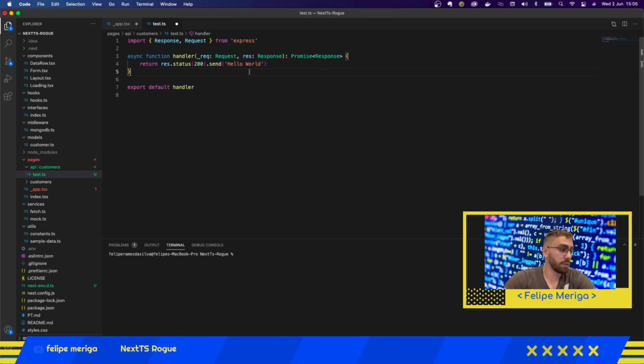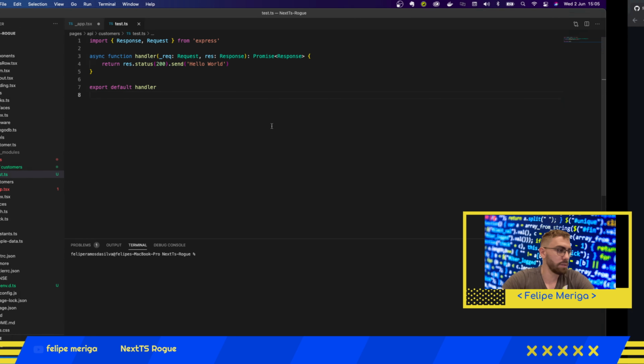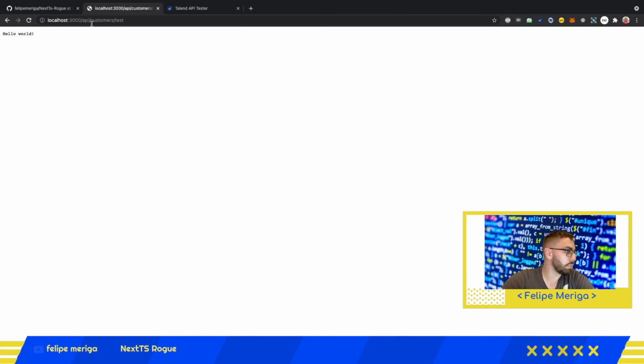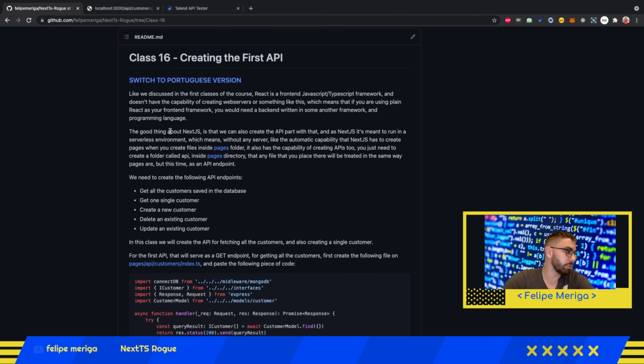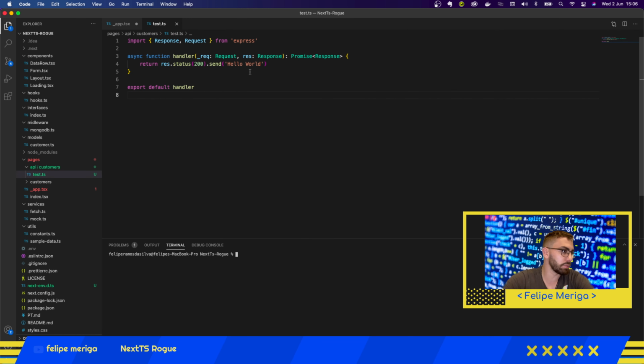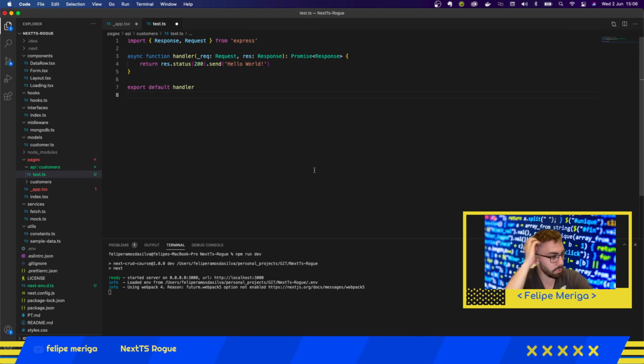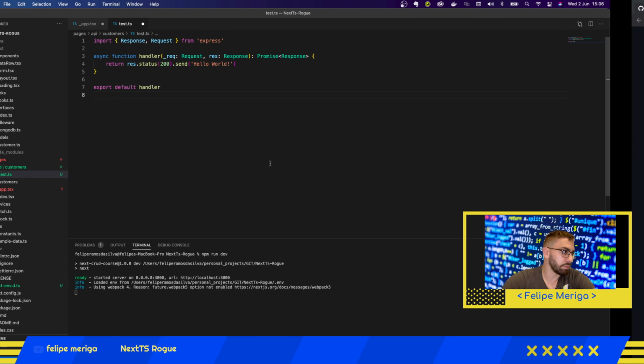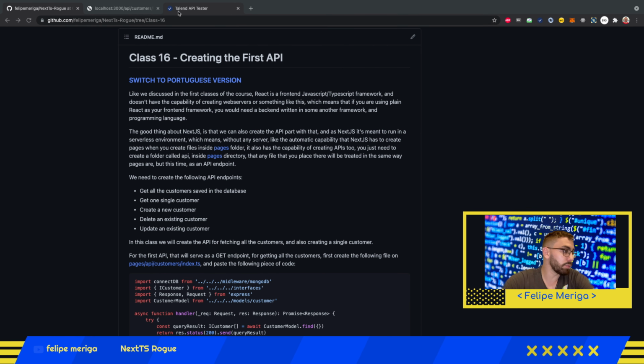Okay, everything's okay. We now have the request. So basically, when we hit this endpoint here, this API customers test, hello world will appear to us. The first thing that I will do here will be npm run dev for running this example, and this might take a while, but we can also use